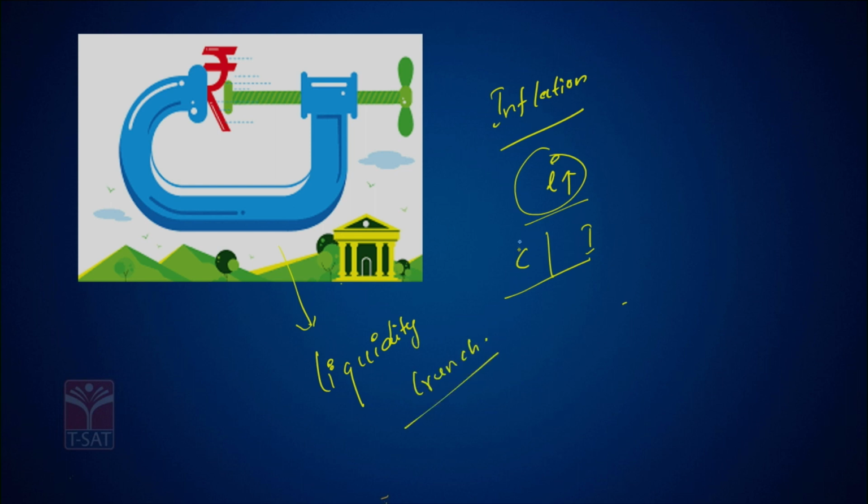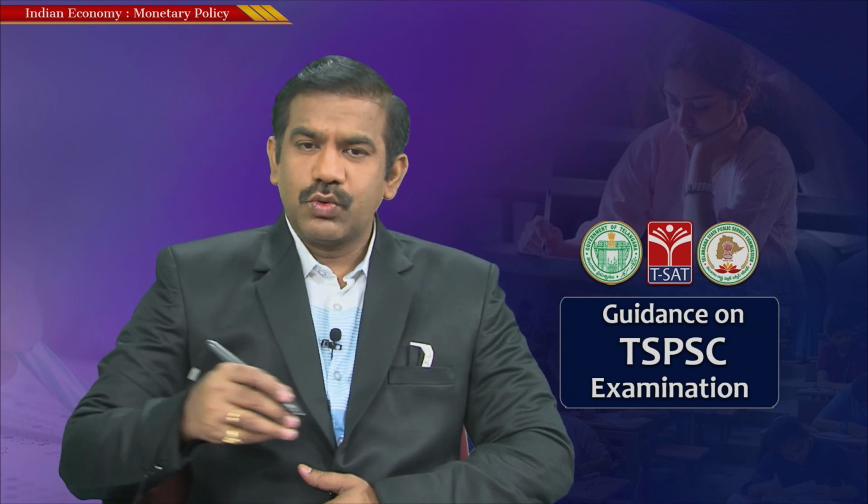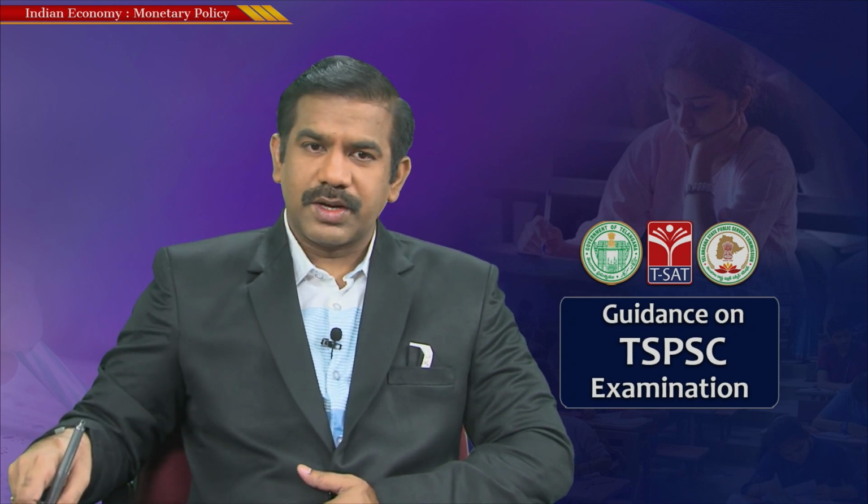Okay, why is it so? Because the RBI kept the interest rates very high for the purpose of containing inflation. So too much of an increase in interest rates would have an adverse effect, and that extreme situation is what we call a liquidity crunch. And too low a rate of interest sometimes might result in a scenario that we call a liquidity trap. Okay, so these are the two extremes of the RBI's policy actions.